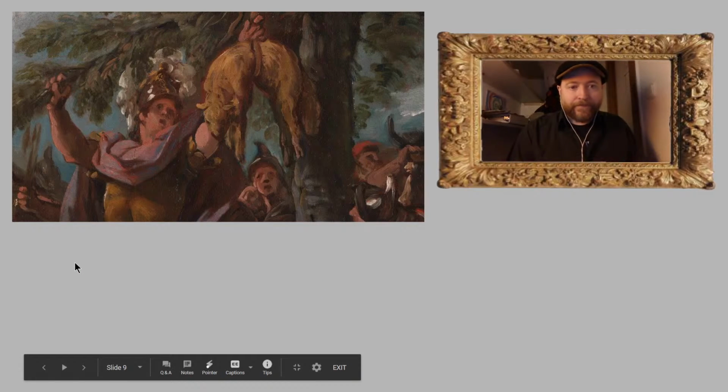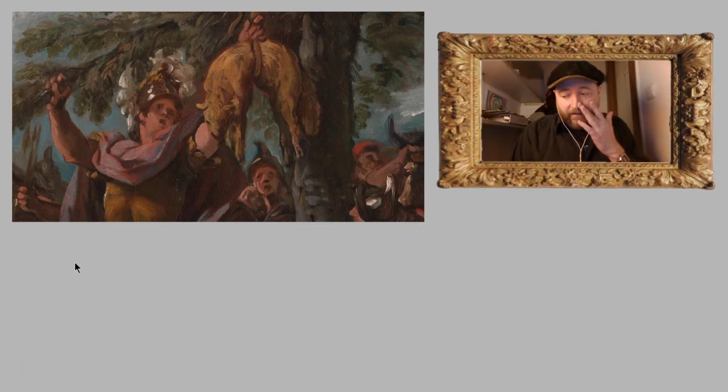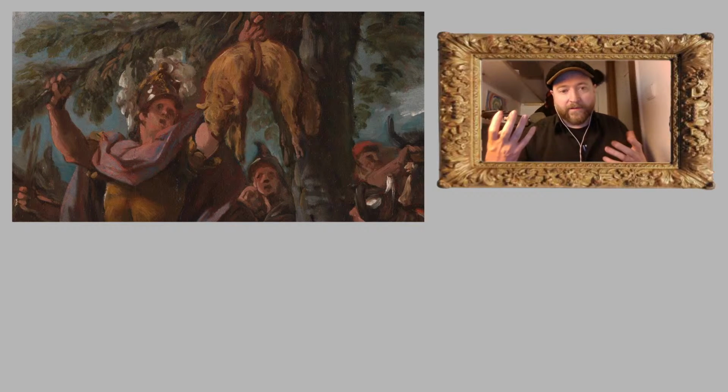And here we can see this is a Giovanni Crossato painting, and we can see here he is getting the golden fleece. So it's a really similar story to St. George, where he's got to go out, he's got to kill a dragon, and then he's got to get this thing. He's got to get the golden fleece. And by getting that, he's going to save the community and get rid of all the drought and all the bad stuff that's happening. So this is going to be common with a lot of these different paintings,